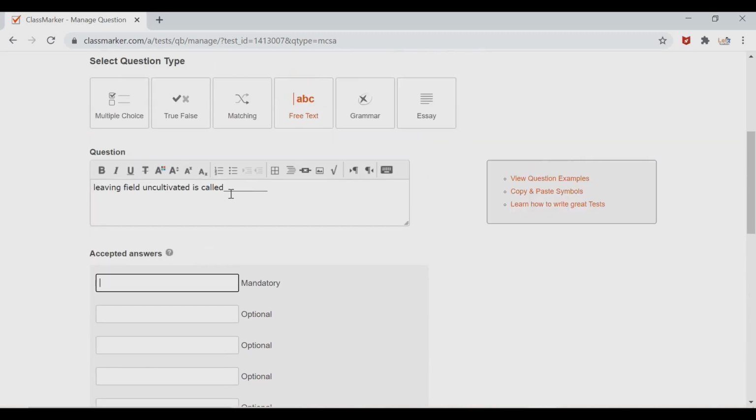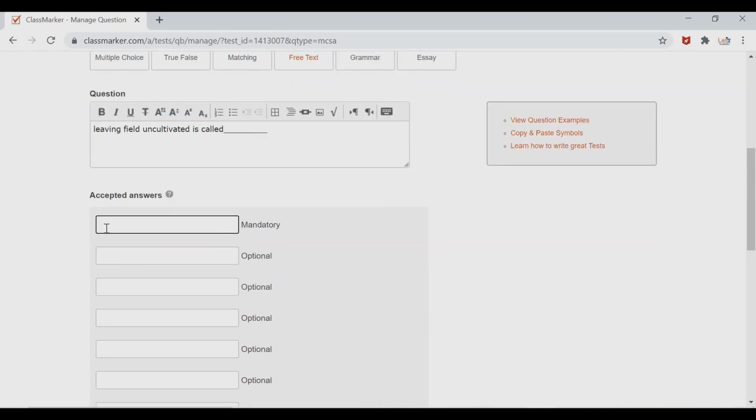In the case of a fill in the blank question, remember in this section you should not put an open-ended question. That means the answer should be specific. That is very important to remember. In this box you can put the answer which should be typed by the students. So here I am going to give fallow. That is the answer.